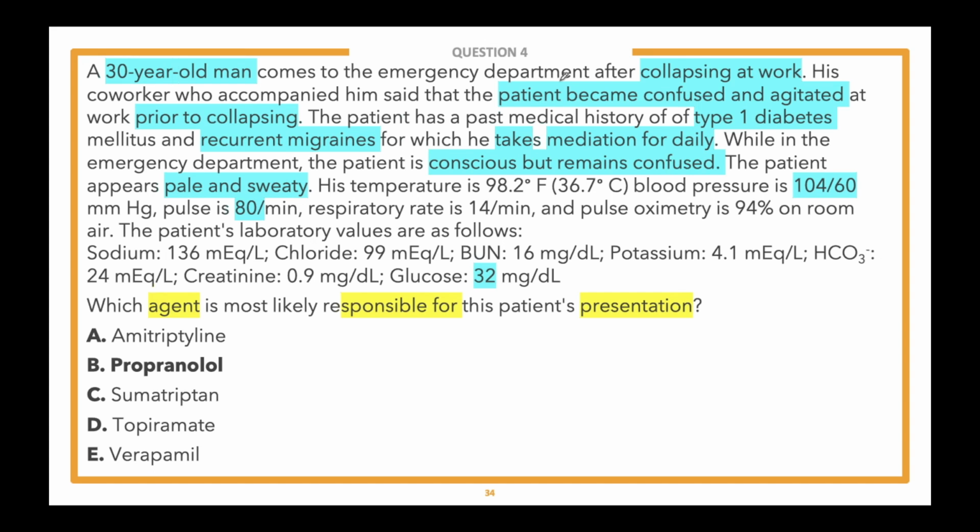So what's going on? Well, this patient has type 1 diabetes and is presenting with hypoglycemia. We can see that glucose is 32. However, he doesn't have the typical warning symptoms that a lot of patients do. He kind of just collapsed, okay? We do know that this patient was started on a medication to treat migraines, okay? So this medication may have delayed his awareness of the hypoglycemia and this compromised his ability to correct it in